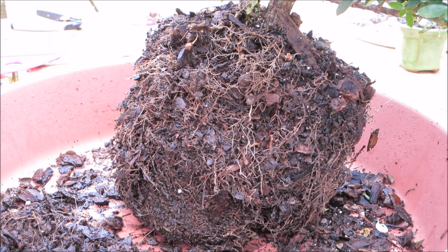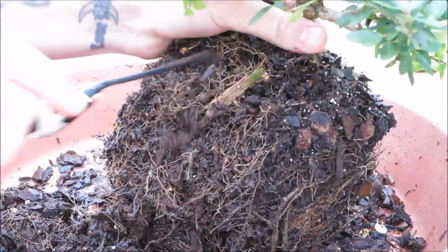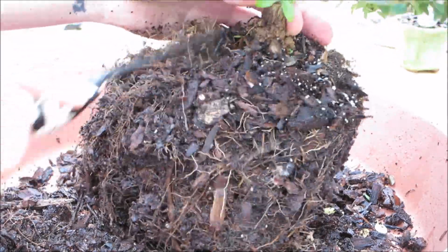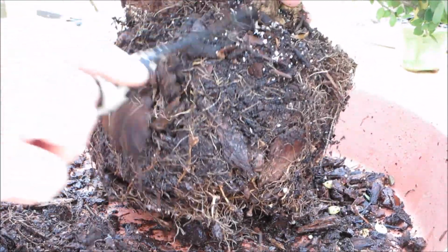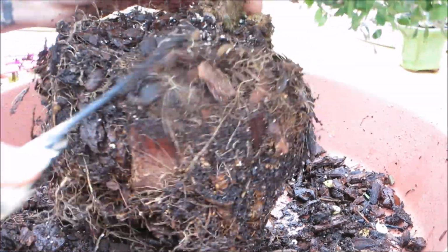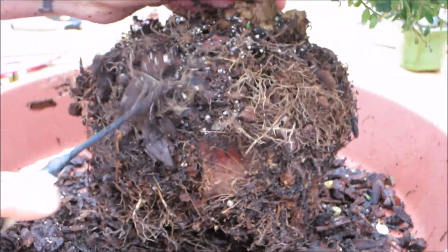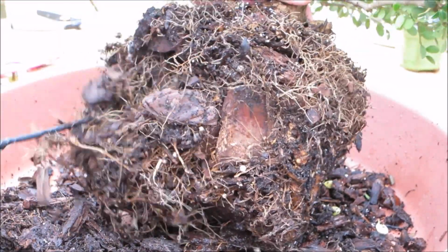Okay, sorry about that little detour. Okay, so let's go ahead and finish getting all the dirt off this tree. You want to just rake out the root ball, constantly pulling outward from yourself like this. Pulling outward from the center of the tree here. I really think what I've been calling this tree, I've been calling it the tree of life. It kind of reminds me of the tree, if you've ever been to Disney World in Orlando, and you've seen the inside of